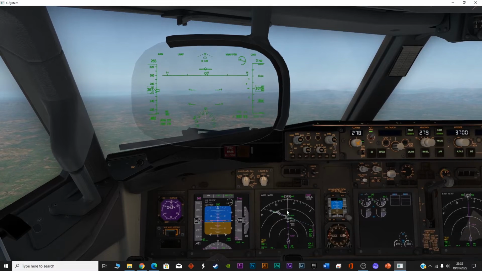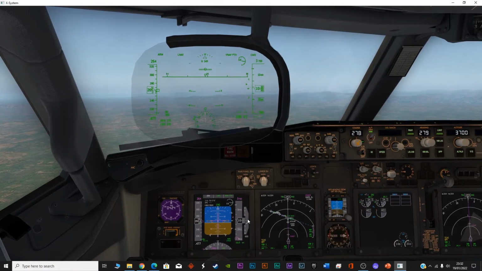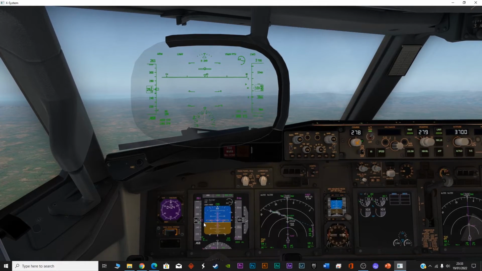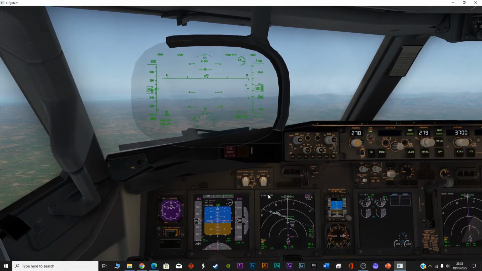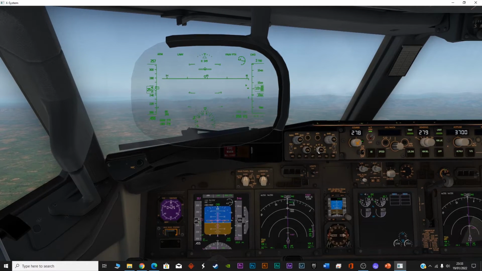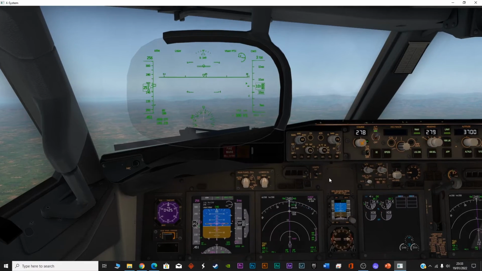As you can see, the plane is crossing the 10,000 feet mark. That's why the speed is reducing. I will still keep the speed. I will not extend the flaps so far. Just keep it like this. We'll wait for some time because